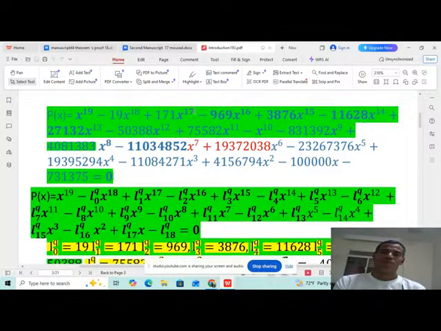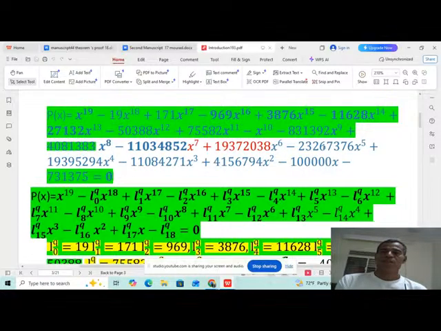the power 18 plus 171x raised to the power 17 minus 969x raised to the power 16 plus 3,876x raised to the power 15 minus 11,628x raised to the power 14 plus 27,152x raised to the power 13 minus 50,388x raised to the power 12 plus 75,582x raised to the power 11 minus x raised to the power 10 minus 831,392x raised to the power 9 plus 4,081,383x raised to the power 8 minus 11 million 34,852x raised to the power 7 plus